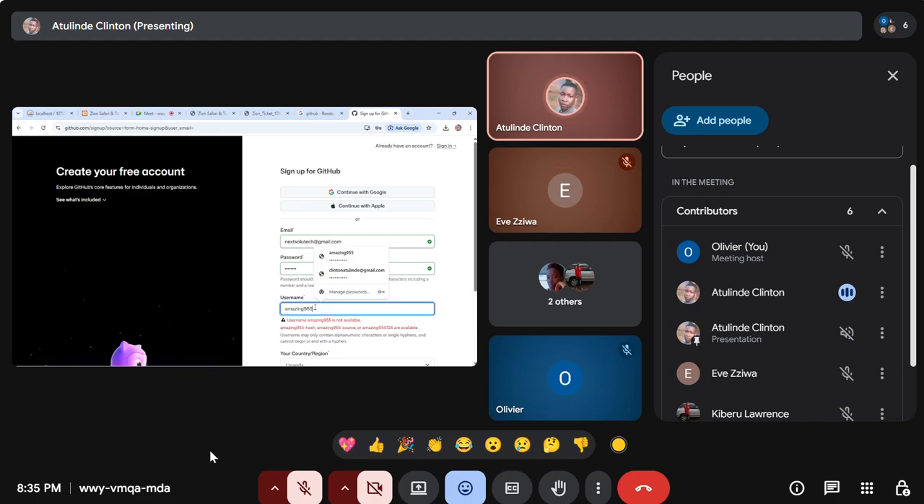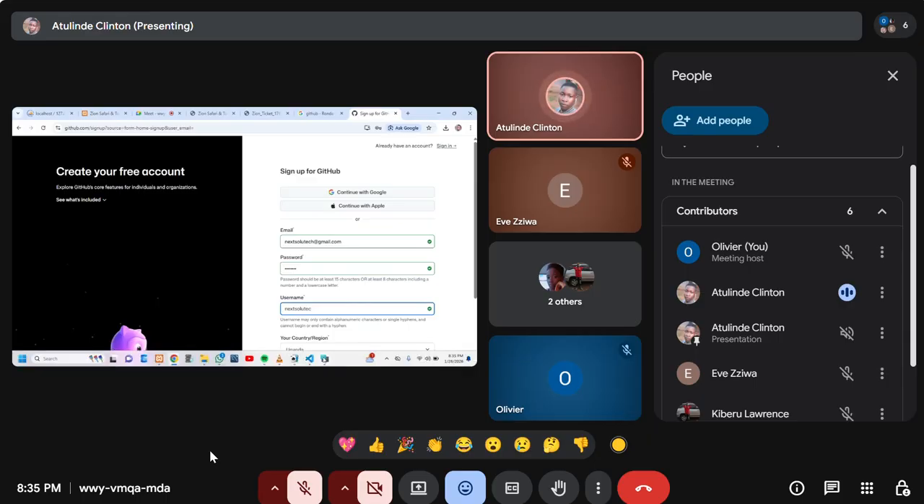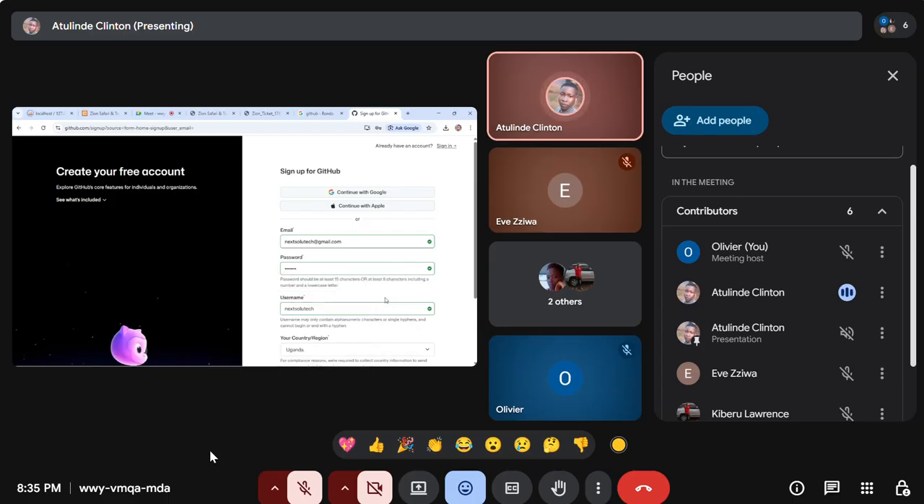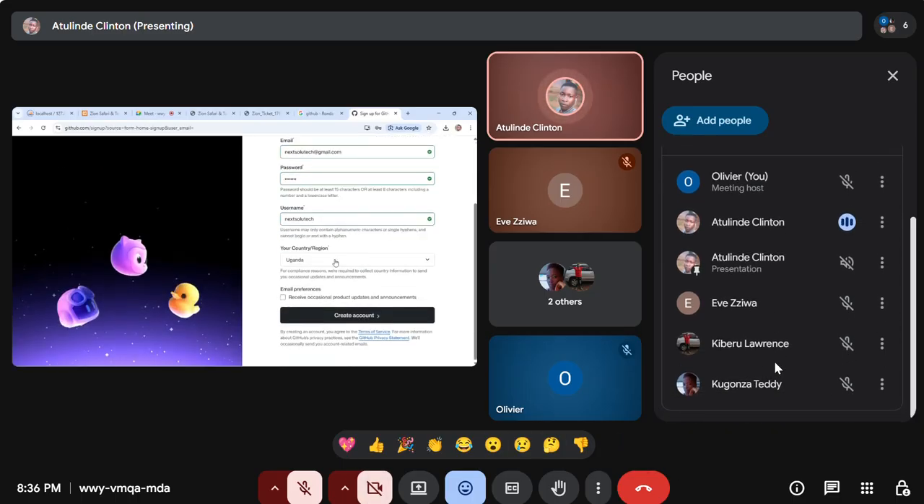Then here you choose a username. So since this is NextSoluTech, I'll just come and say NextSoluTech like that. I choose that name. So you can see here they have verified the username, the password is correct, and the email is correct. And the country or region, in this case it is Uganda, I don't need to choose any